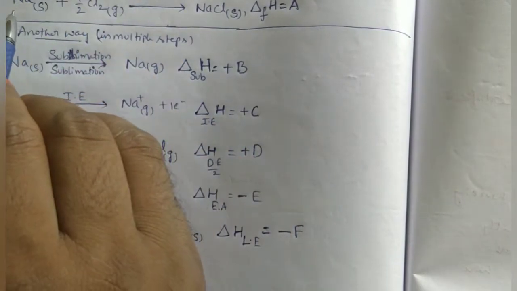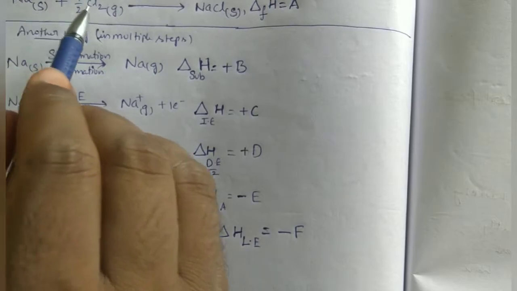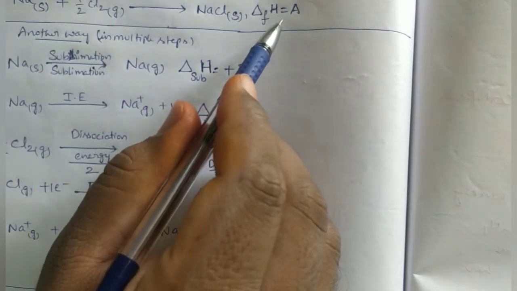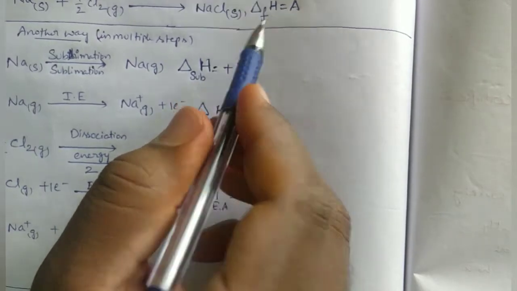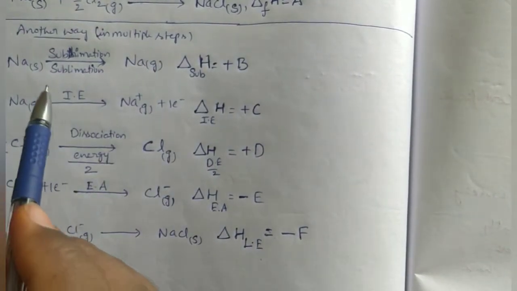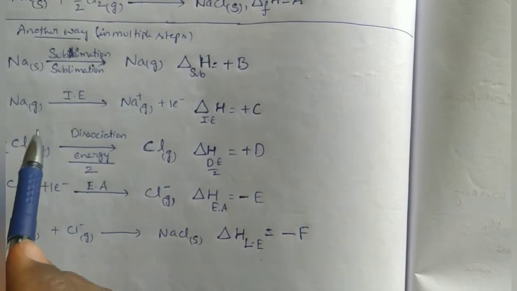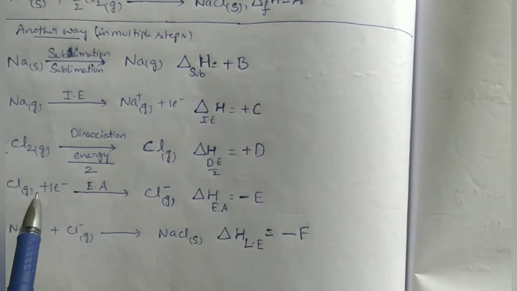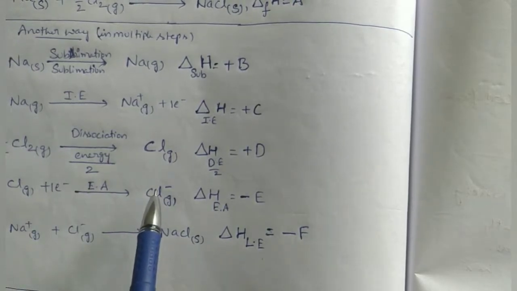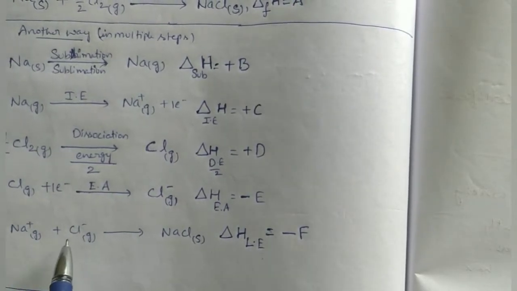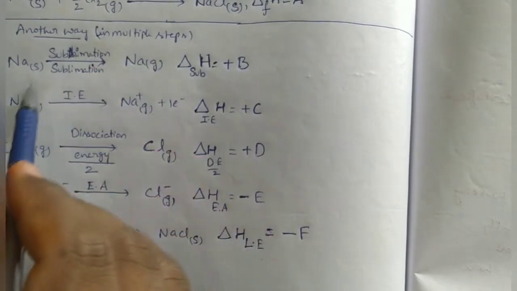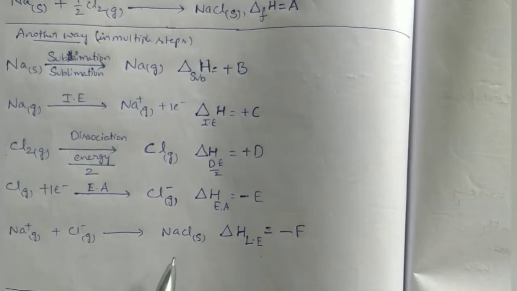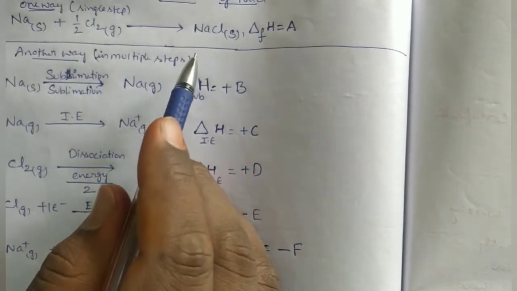That is obtained from its standard states. Sodium in standard state, chlorine is also in standard state. Delta HF is equal to A. That is clear. This is happening in multiple steps. We have converted that sodium solid to gas, after that gas to cation, next chlorine to chlorine atom to chlorine minus charge, chloride ion. Na plus and chloride ions are combined to form NaCl. In these 5 steps also NaCl is going to be formed in multiple steps, and here single step.